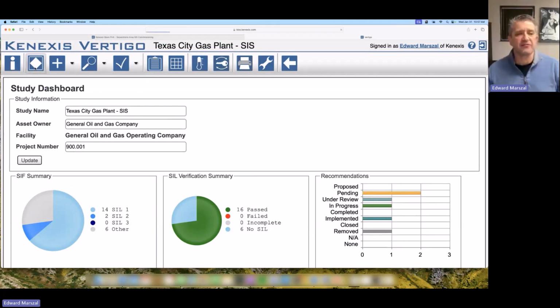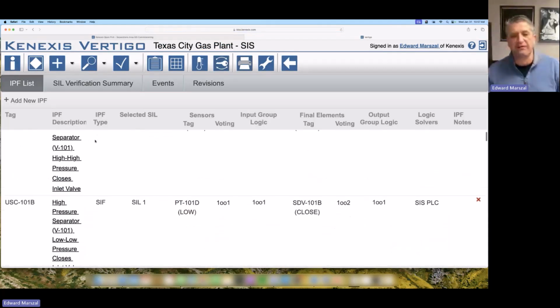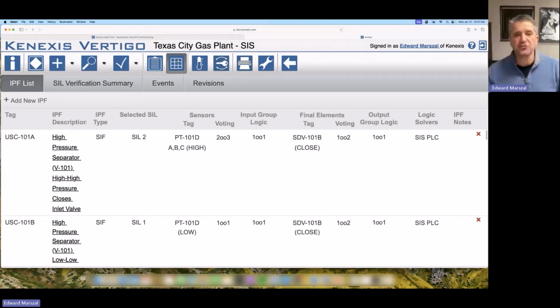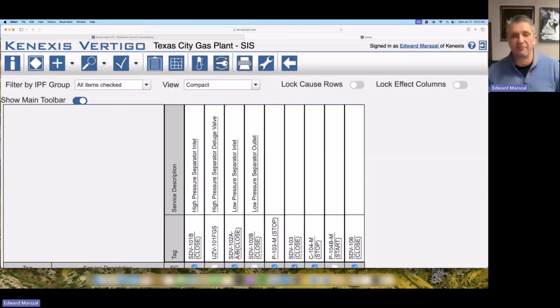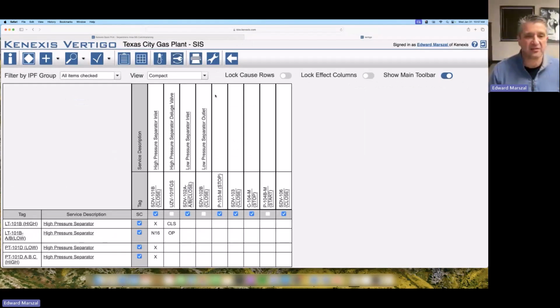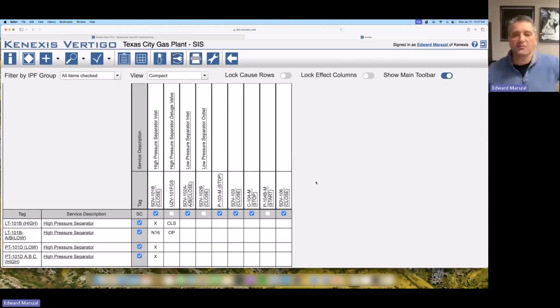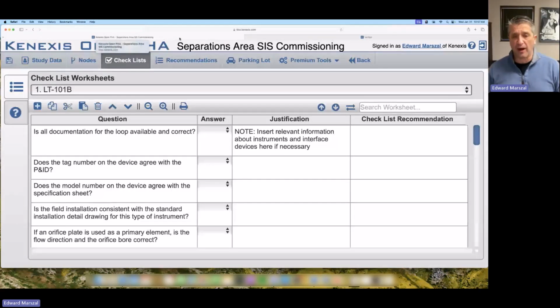and instead of looking at the safety instrumented function list view, I'm going to go right to the cause and effect diagram view, because it's actually now way too big. Let me make this a little bit smaller. So our cause and effect diagram view makes it a little bit easier to manipulate things. So as I go out to the field,